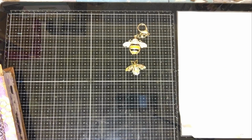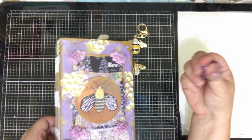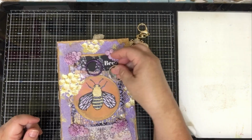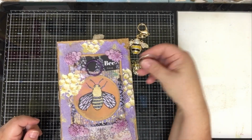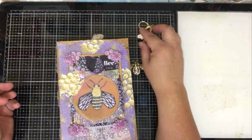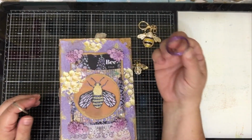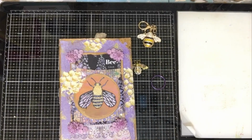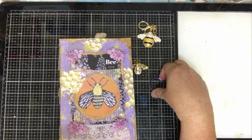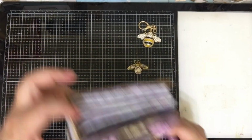And let me see. I'm going to use one of these. I'm trying to decide if I should use purple or this color. I kind of like the purple one. I didn't think I would like it that much, but I actually do. So I'm going to use that purple one. And then I will be adding this onto it as well, just so I can clip it onto the edge